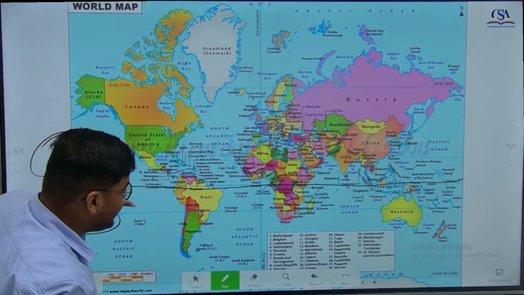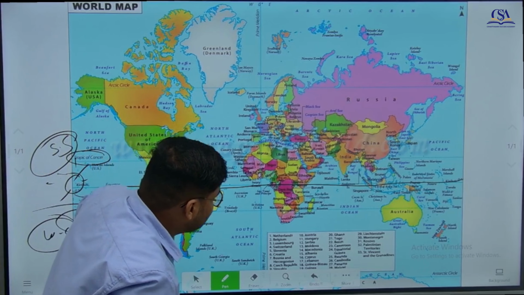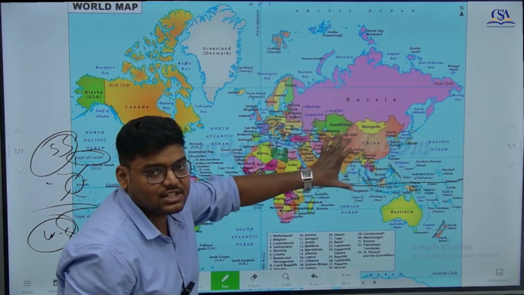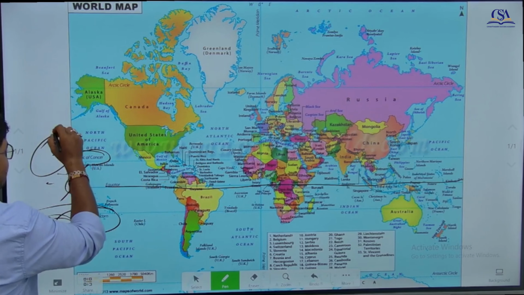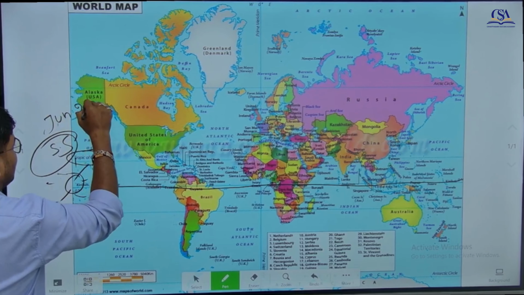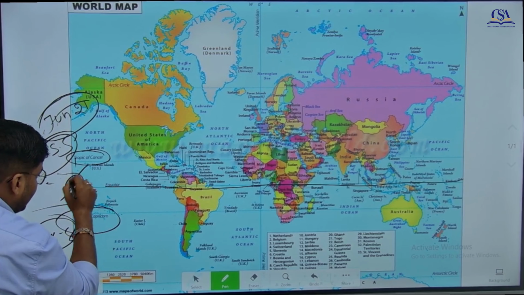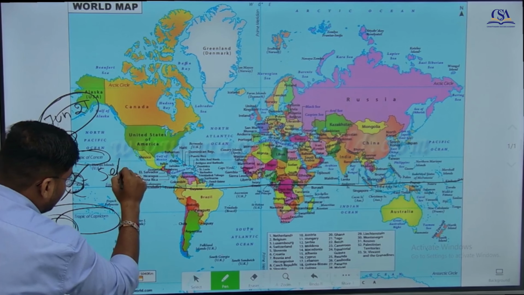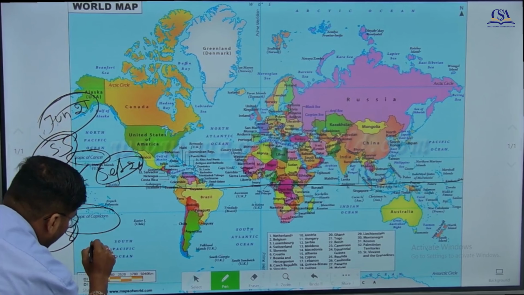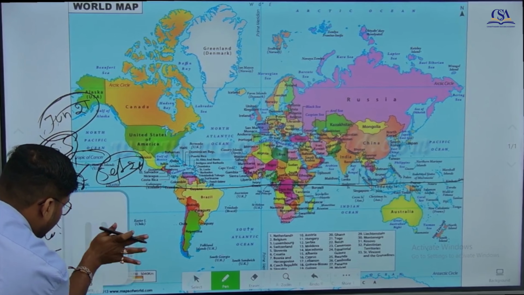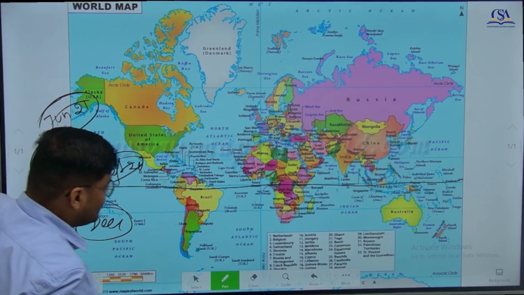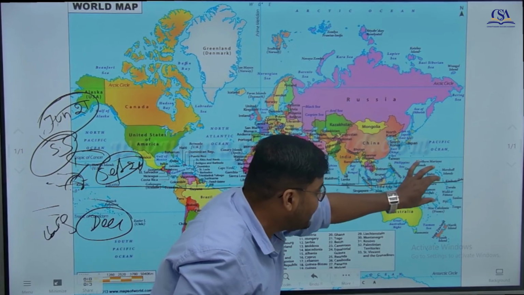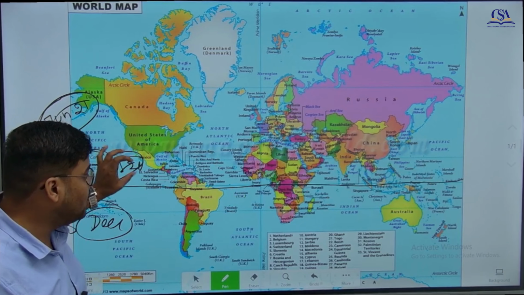So this is the maximum heat area that experiences direct sunlight and heat throughout the year. Here we experience the summer solstice on near about June 21, again equinox on September 21, again winter solstice on December 21. So this is the most heated area on the earth, that is equatorial low pressure belt,